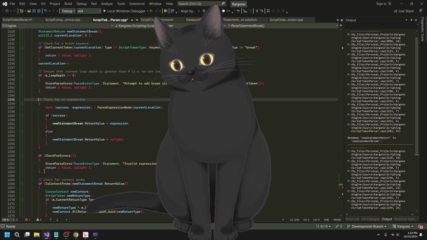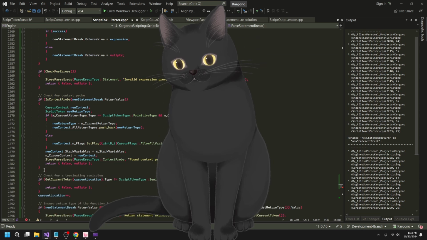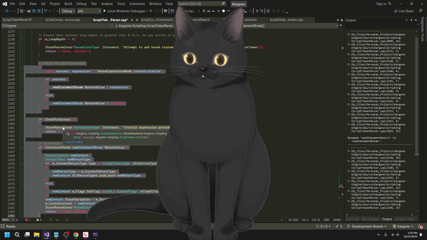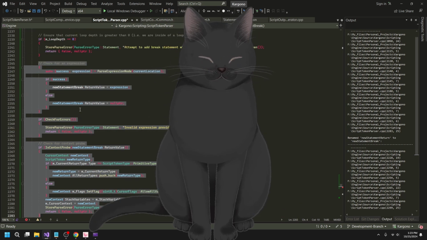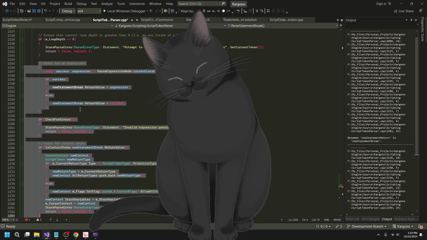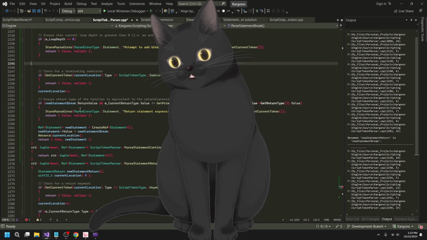Do I need a context probe? I mean, not really. The context probe is relevant for the return statement because you can have an expression that you return with the return statement. Not relevant here though.